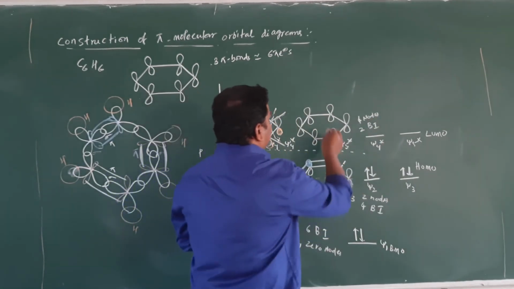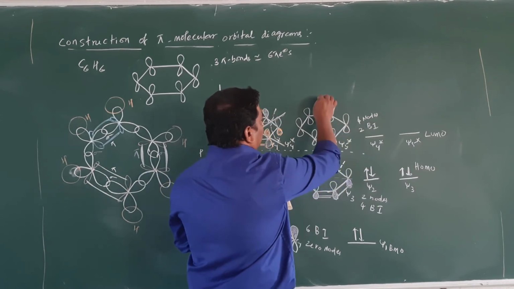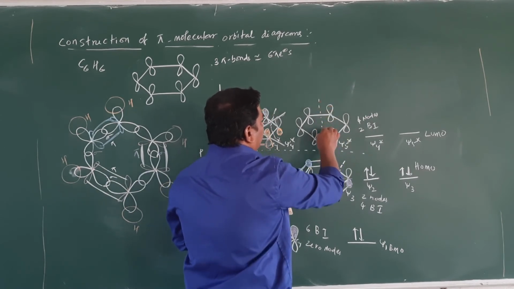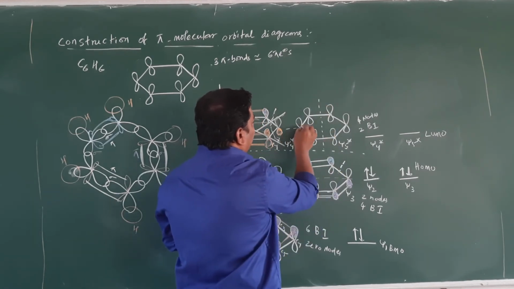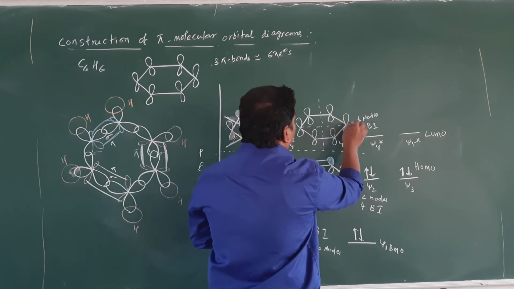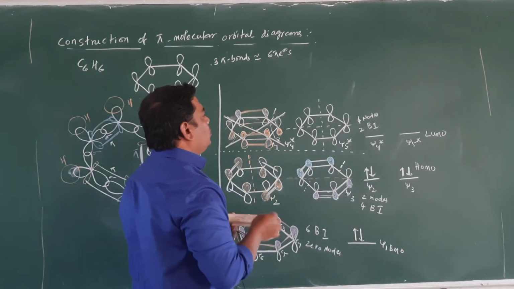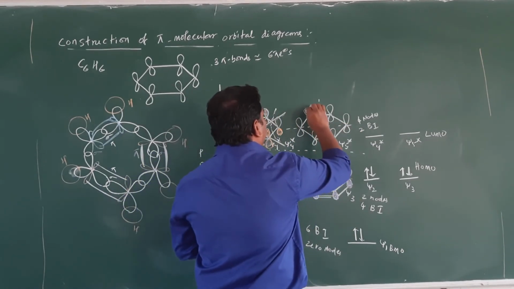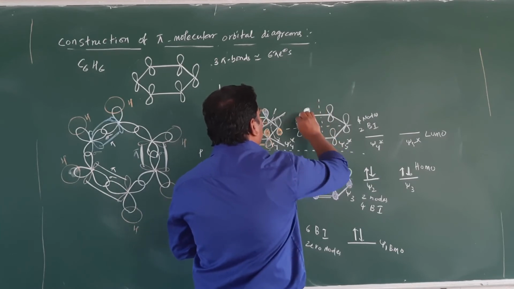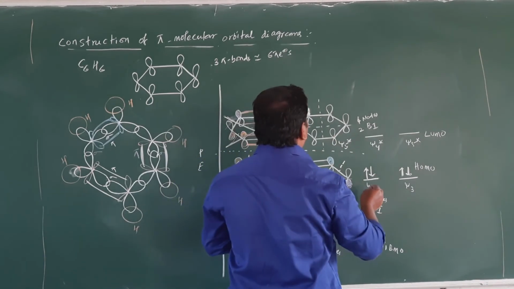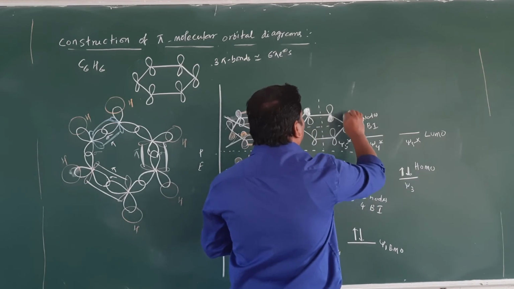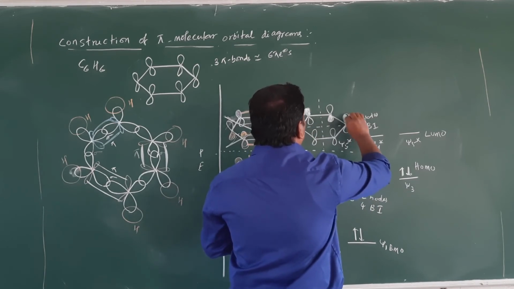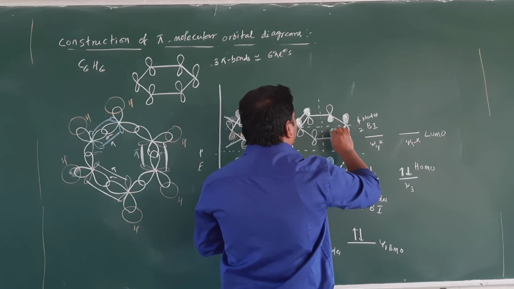So how to represent the psi star molecular orbital, student? You can take a nodal plane from this axis, and you can take another nodal plane from this axis. Clear, student? So you can shade these 2 lobes. Here we have only 2 bonding interactions. Here also this is shaded and this is unshaded. Here we have a nodal plane. So this you can shade.